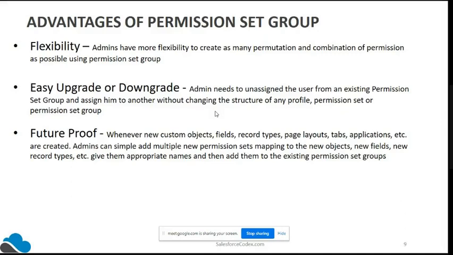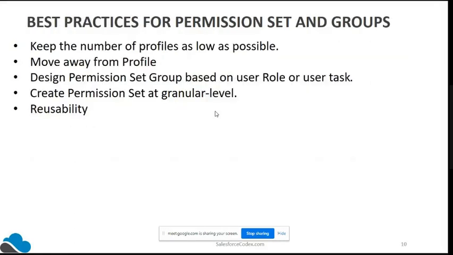So this is the main thing. Rather than adding a lot of profiles, we need to make simple profiles and then add permission sets and groups to have more flexibility for the admin and for daily use.